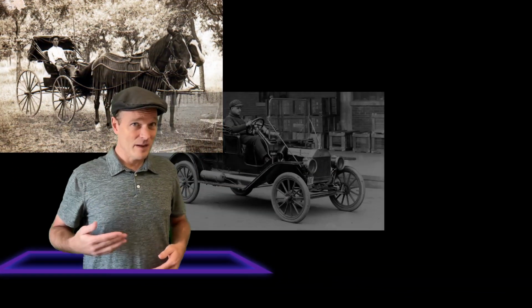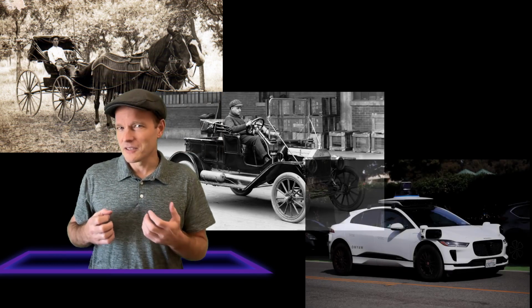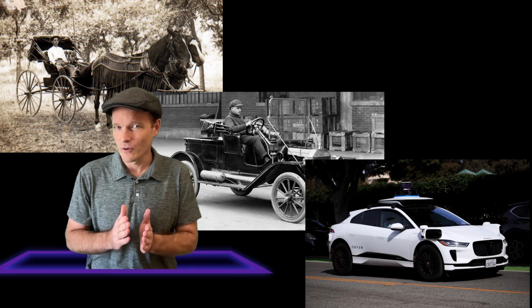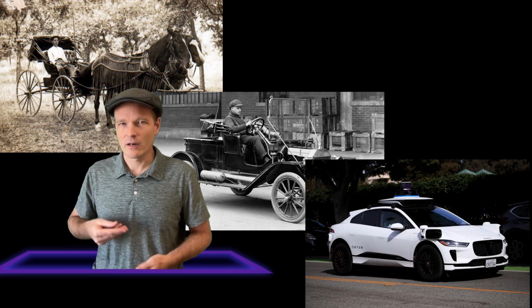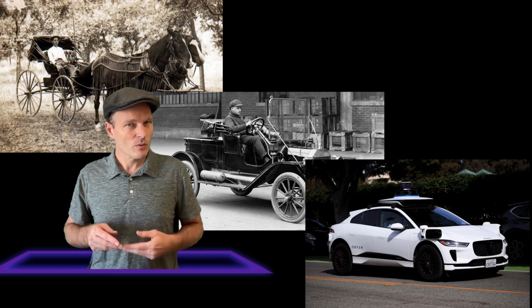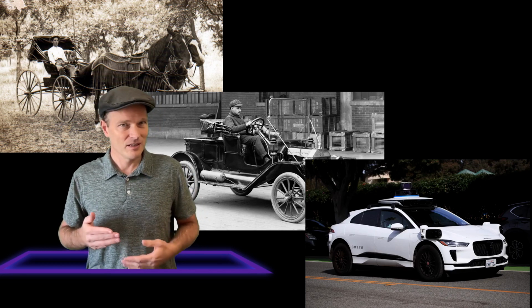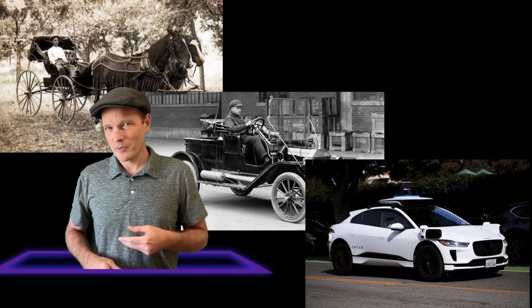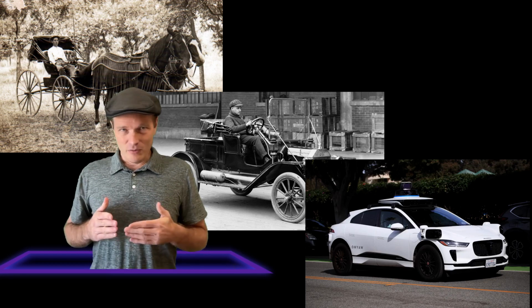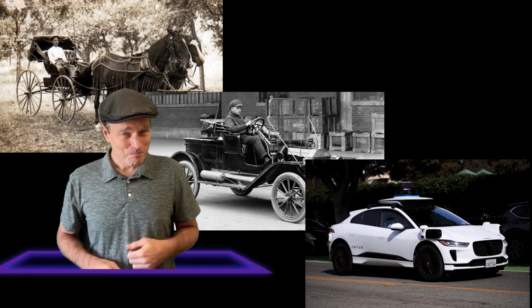Then, of course, cars came along, and a little while later, we eventually got our cars to the point where they were intelligent again and could start following the road for us. Now let's ask a question. When did people start preferring cars over horses? Was it when cars finally achieved parity with the intelligence of a horse? I claim that it was far before then. Cars offer several properties horses don't. For example, they don't require as much space, they don't poop so much, and they're not quite as stinky.